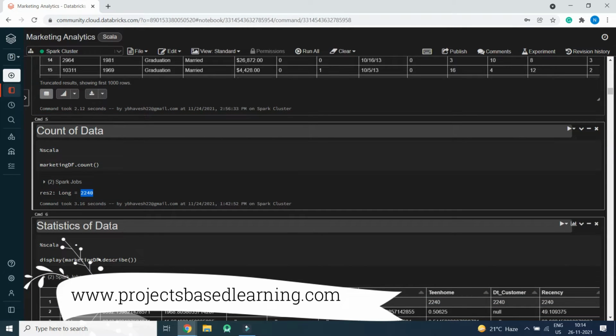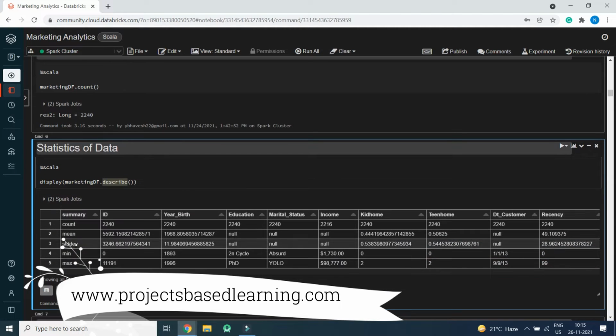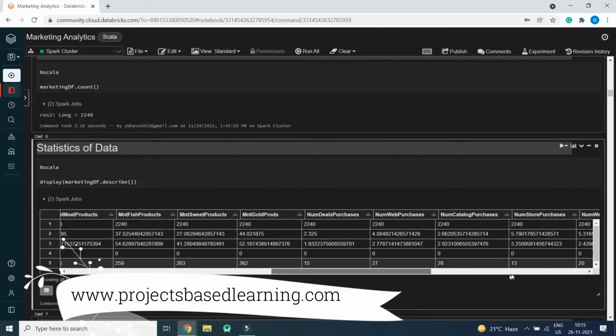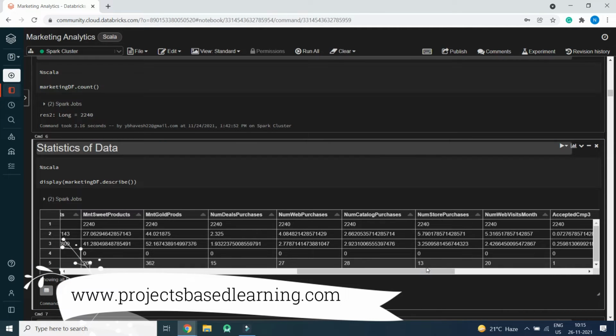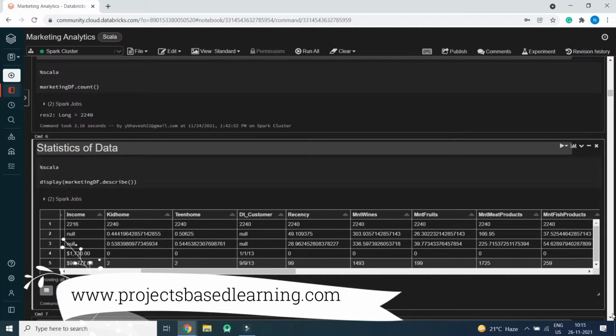So we have 2240 records and we will find statistics of the data, that is the describe function in Spark that will provide us count, mean, standard deviation, minimum and maximum, and we have statistics of each and every column.